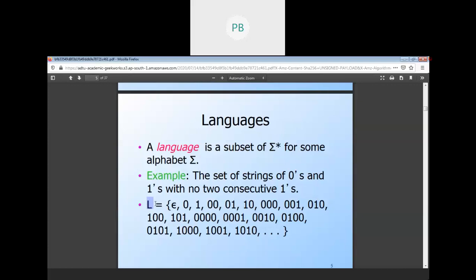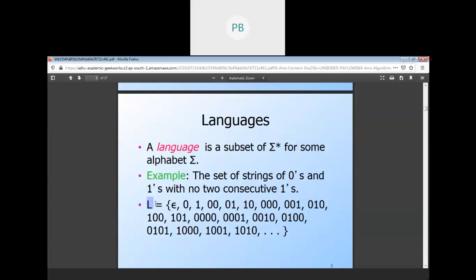L equals epsilon, 0, and so on. The condition is that two consecutive ones cannot appear in a single string. We can create an empty string.